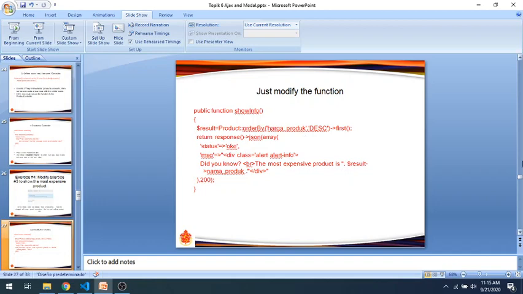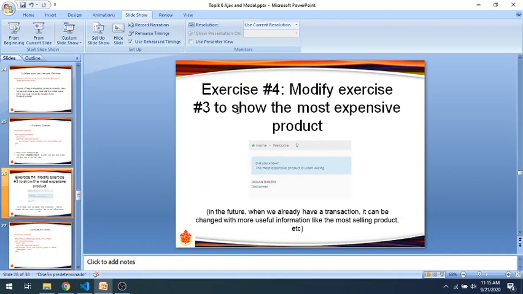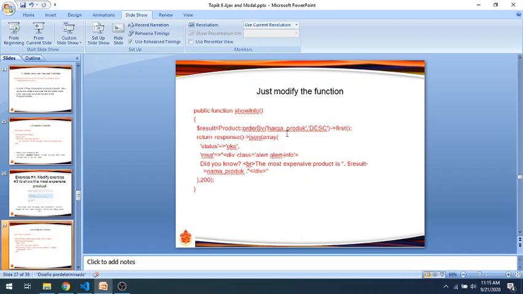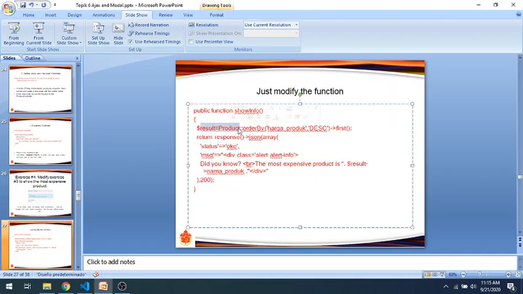Okay, for showing the most expensive product, we can use the product model here. We will order by harga product in descending mode, and we grab the first record.